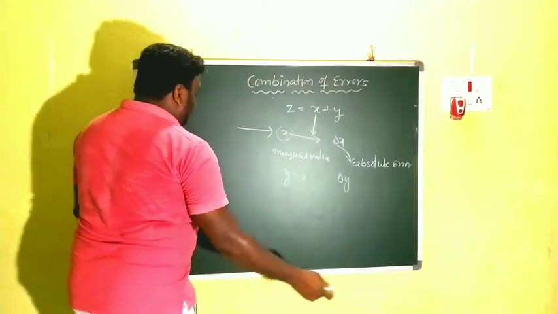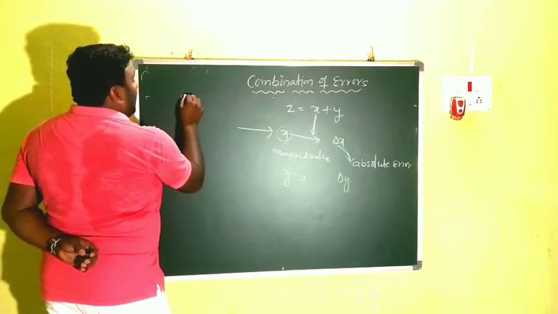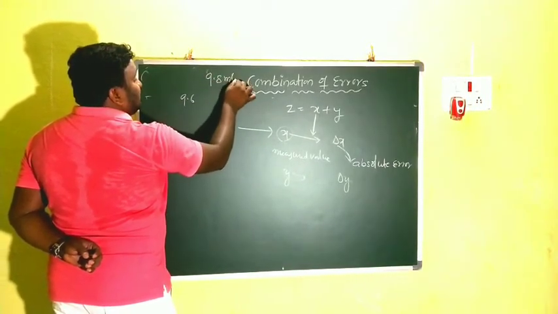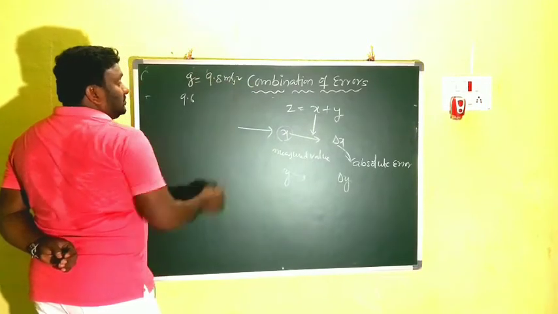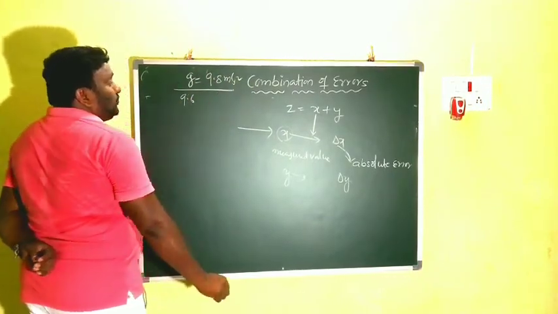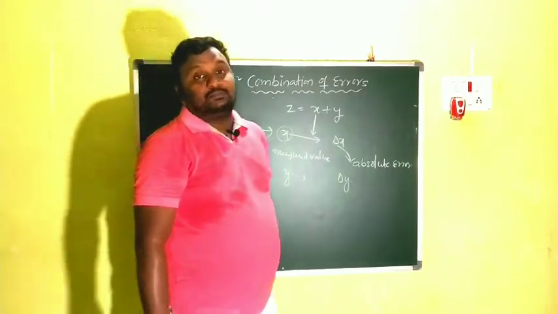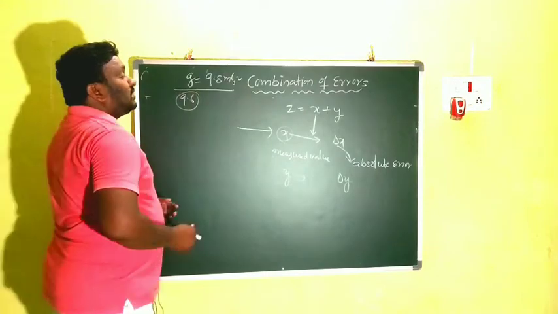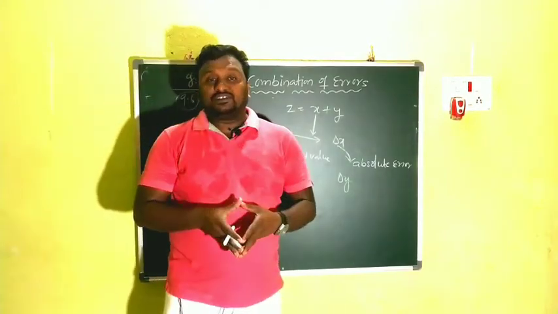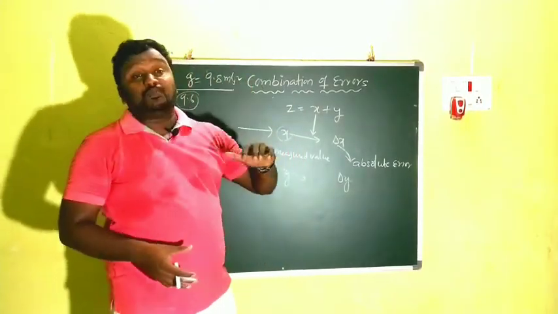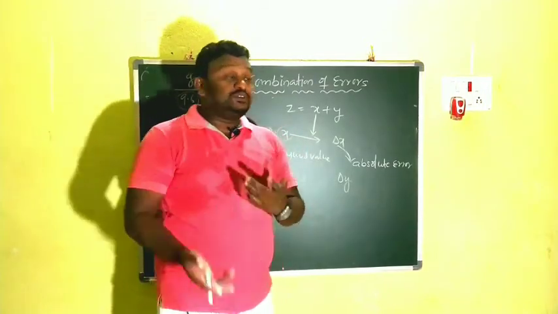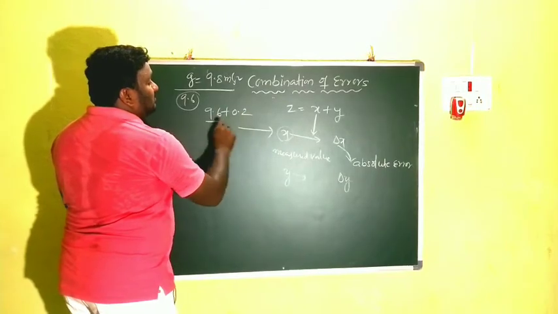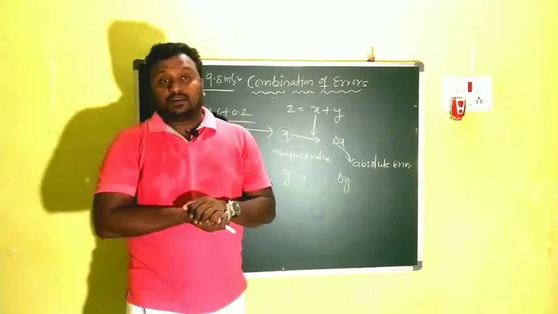For example, in the previous example what I told you, 9.6 is the measured value in the experiment for 9.8 meter per second square. This is the g value. We want to find out the g value, which is 9.8. After doing the experiment, how much did we get? 9.6. We got 9.6. The actual value is 9.8. Then what is the error? 0.2. That means what you have to write? For 9.6 what you have to add? This one. Clear?